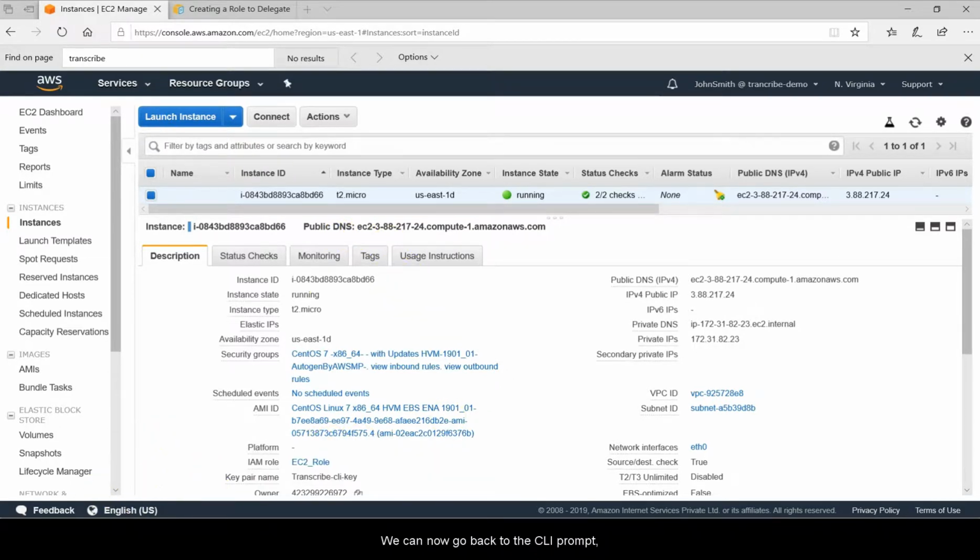We can now go back to the CLI prompt, and here we can test a command like aws s3 ls just to make sure that the CLI has access to our S3 service now. And sure enough, we are able to access the buckets and we are able to see the name of the buckets. So with IAM roles, we don't need to use the aws configure command to provide the secret key and access key, because we have discussed earlier that with EC2 instance we should use IAM roles, and so that's the best practice, so we should follow this.